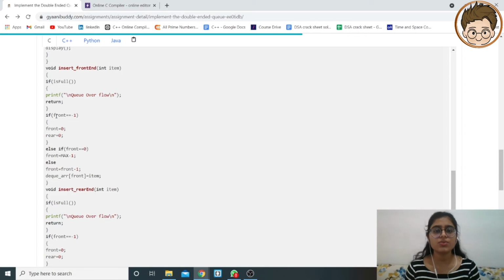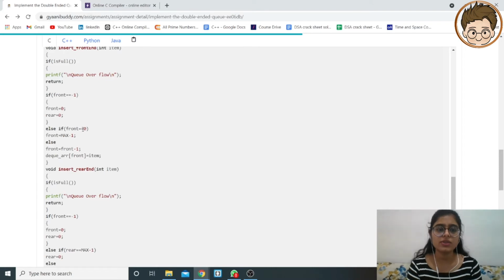In that case, we need to put that element in the first position only, and front and rear will point to that element only, because there is only one element in the queue. So we initialize front equals 0 and rear equals 0.